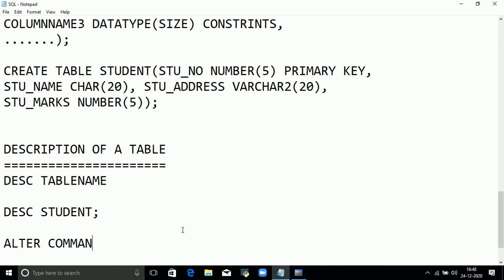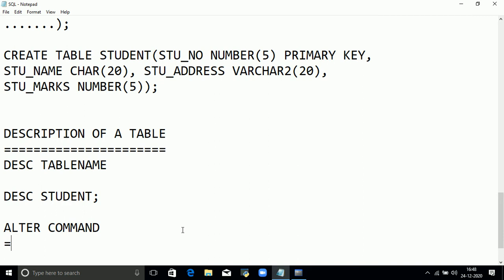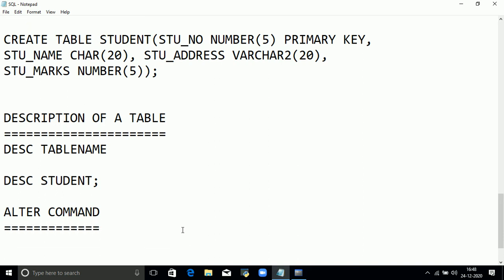Alter command. So why are we using the alter command? The alter command is used to change the structure of a table. If you want to change anything in your structure, we have to use the alter command.